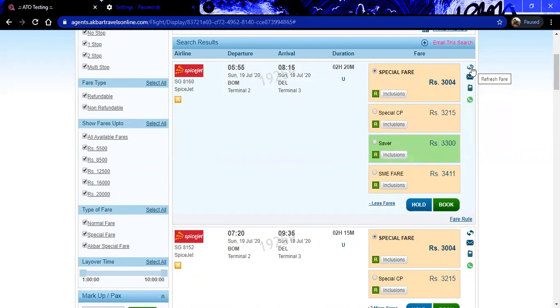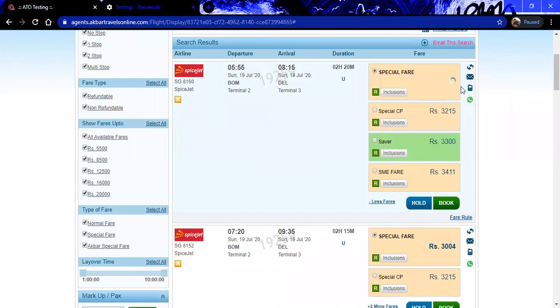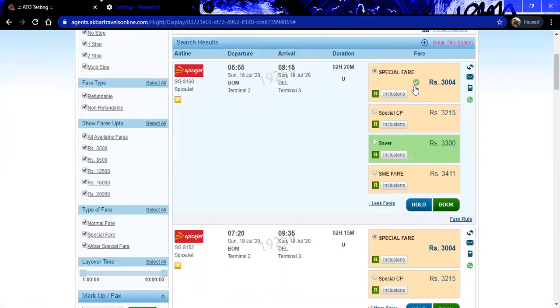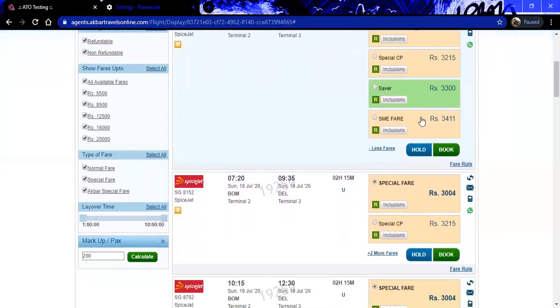You can click on the refresh button and the fare will be refreshed, and if it is available it will show a green tick. The fare is still available, so you can go ahead with the booking. This is how the refresh button works. You can use this button before selling the fares.